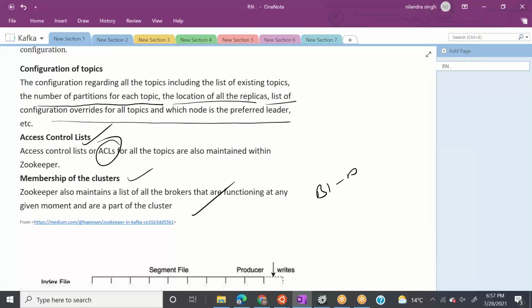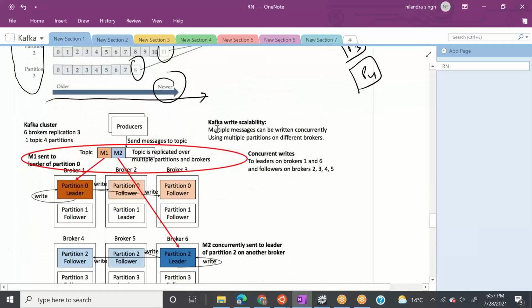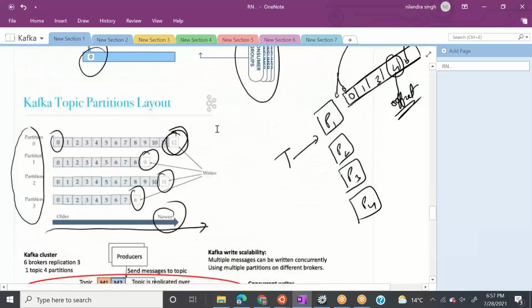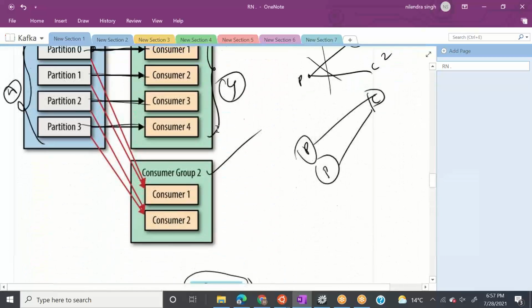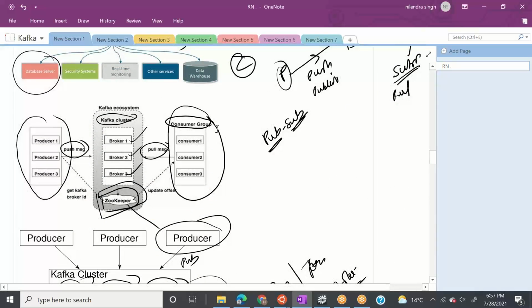So Zookeeper is the main component of Kafka, but in the newer version of Kafka, people or researchers are trying to get rid of Zookeeper. I'll cover it later, but right now, let's see where Zookeeper sits. So this is how Zookeeper interacts, right? Okay.